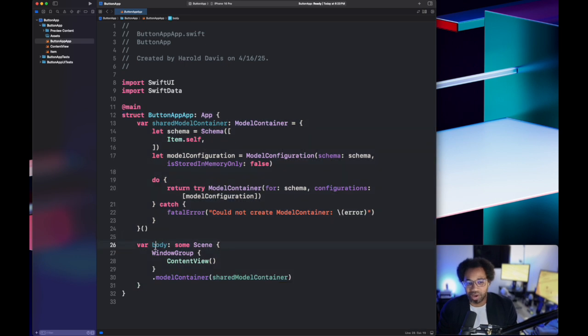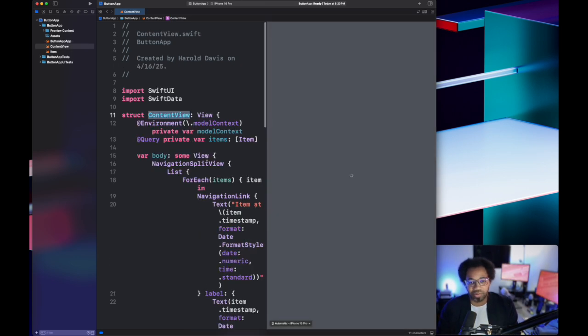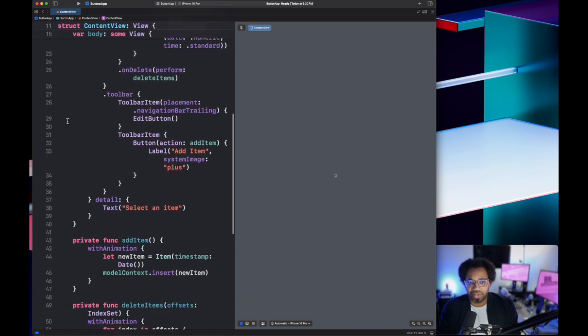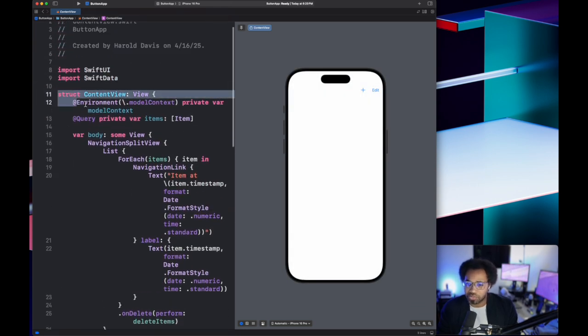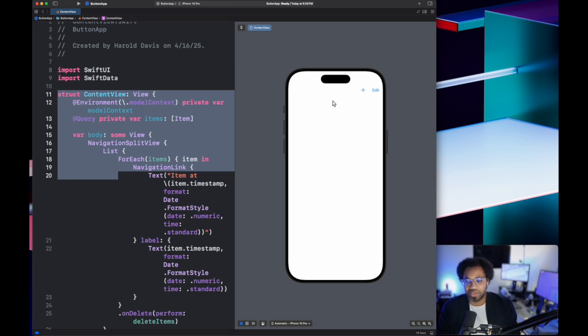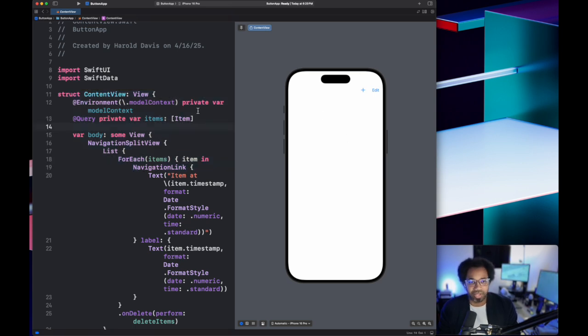Down here in the body, that's where we're actually presenting our content, which can be screens or different pages of the application. Right now we're pointing to this content view, which was given to us by default. In this content view, if we open it up, we can see that there's a lot of things that they gave us right off the bat. But all of these things, this entire page of code, represents this UI that we see on the right hand side. What I'm going to do is actually get rid of this, because right now this is just probably super